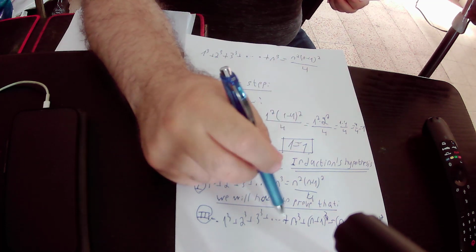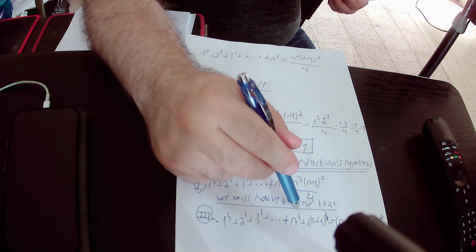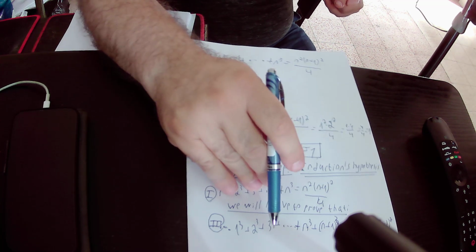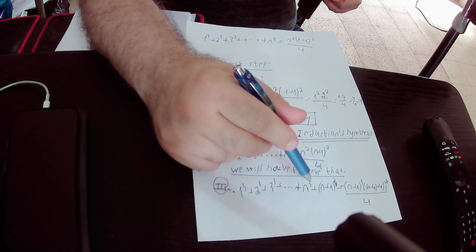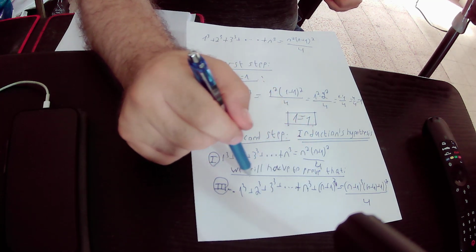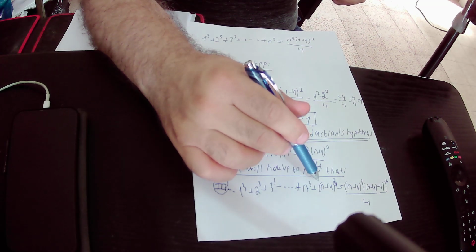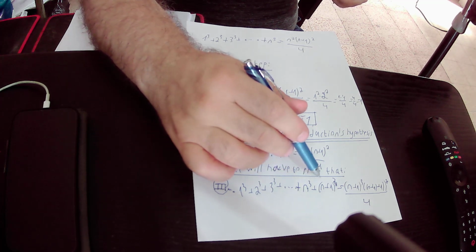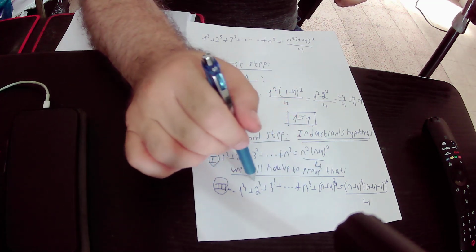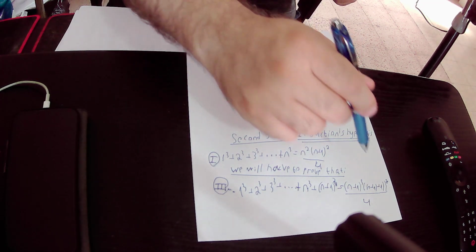Okay, so in the left side of the equation, we have n plus 1 expressions, and in the right side of the equation,